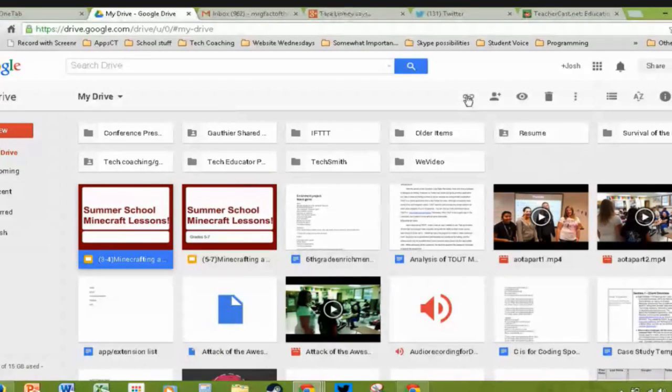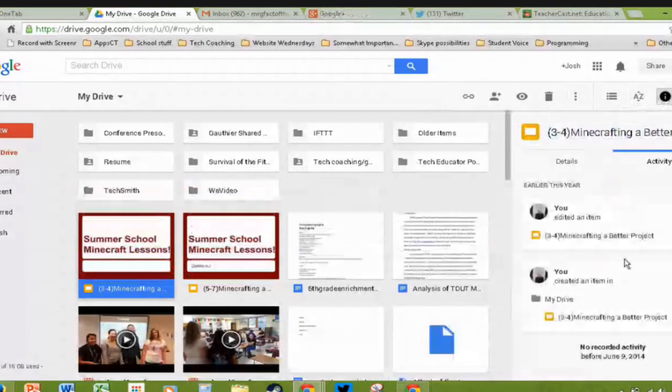And like I said, you can grab that link and share right from here. And I know this was back in the old Drive as well, but seeing some of the details, this activity feed is great. Depending on what you're clicking on, you can see some of the updates and what's happened to an item. I think this is great if you're a teacher, because if you've got a shared folder,